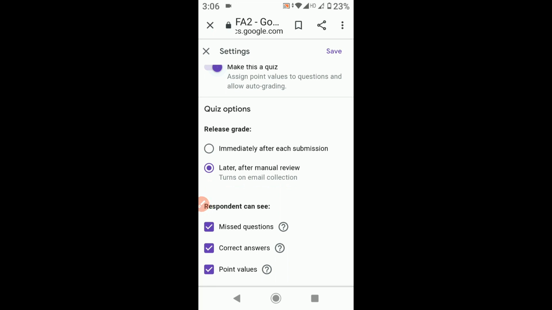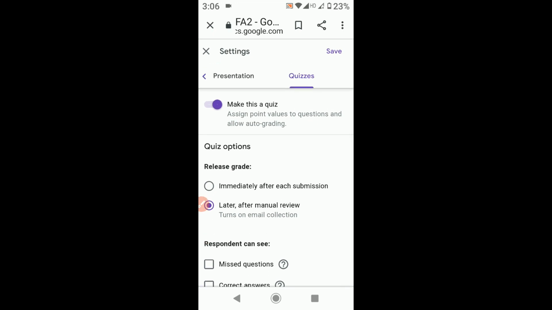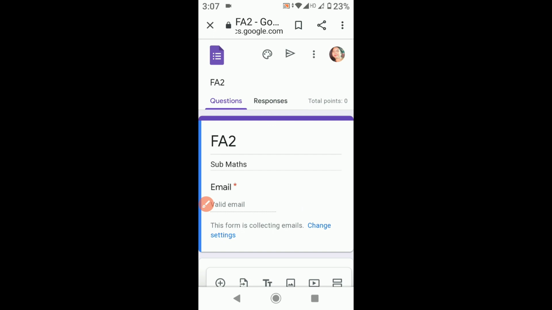Then you don't want your student to see missed questions, correct answers and points, because those points will be given afterwards. Points means marks. Then click on this save option. So the form will be saved in the name as FA2.